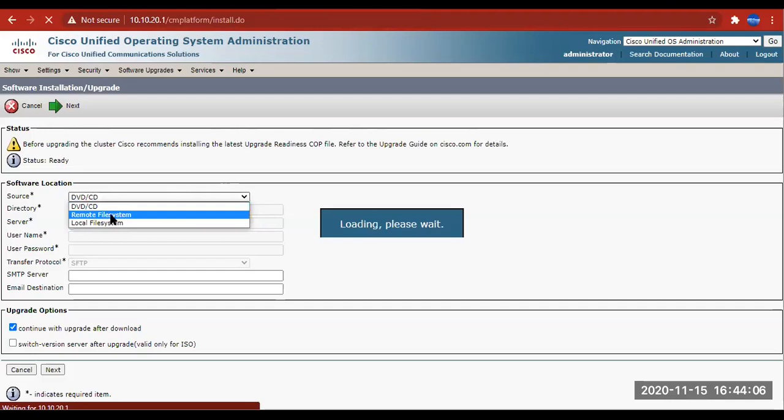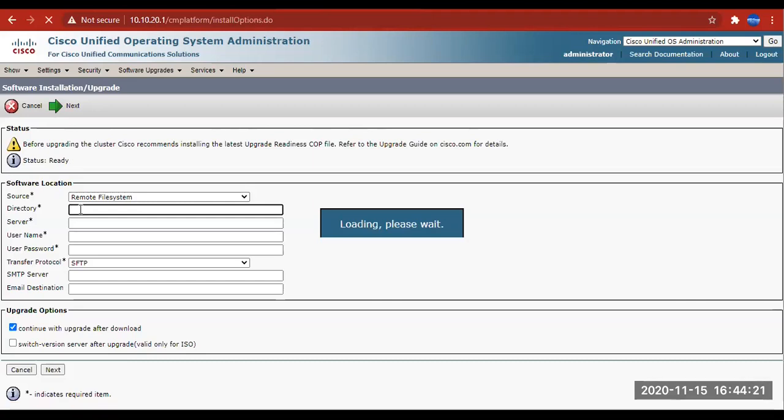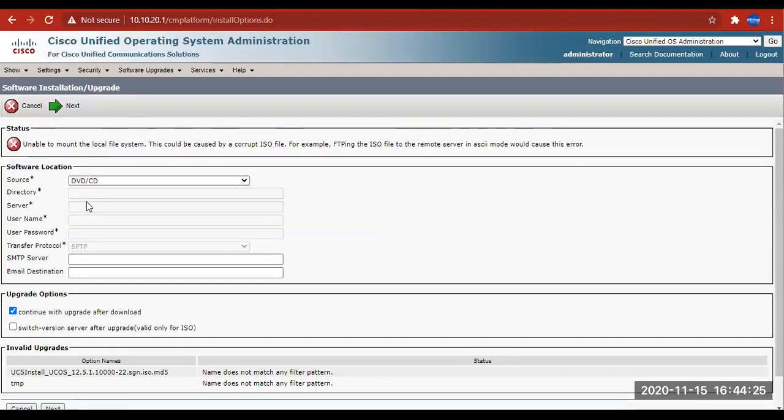So there are other options as well, like remote file system, where you can choose the transfer protocol. You may have set up an SFTP. There are many third-party SFTP servers, like TFTPD32 and many others, right? So you can come down there and select those options. So we selected DVD/CD and did a next, and it says